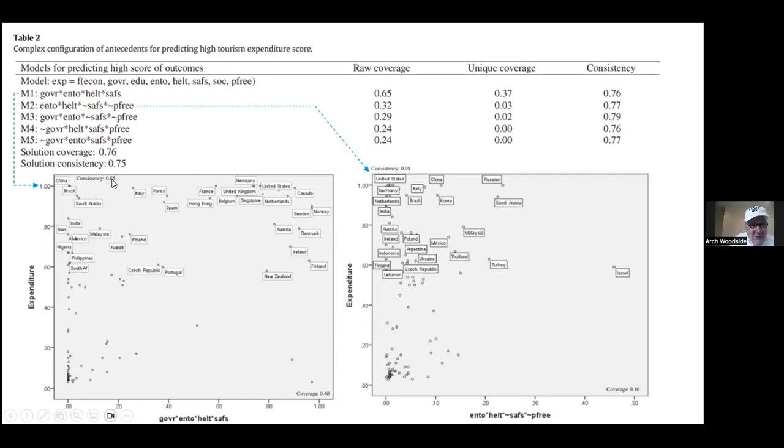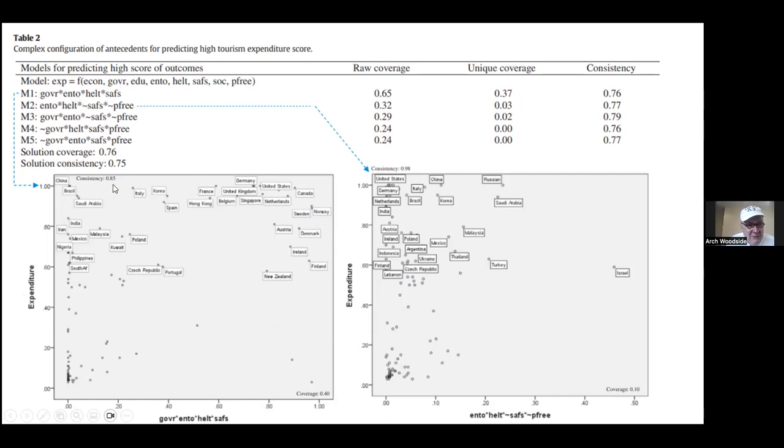The consistency is 0.85. Again, that's about 5 to 1 accuracy in the models, not perfectly accurate. But down at the bottom, you have nobody who has a high score on the model, and a low score on expenditure. So this model, which is model 1,